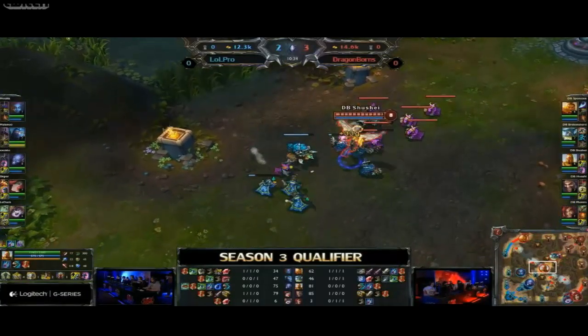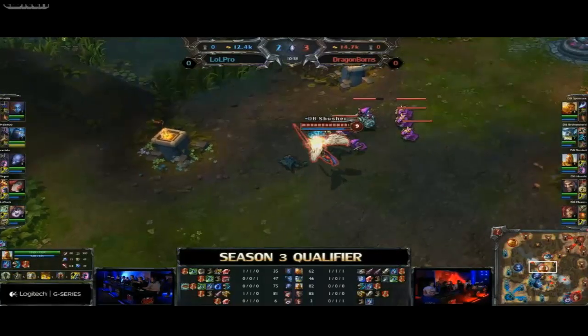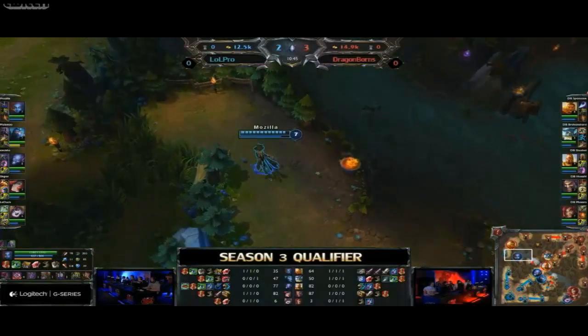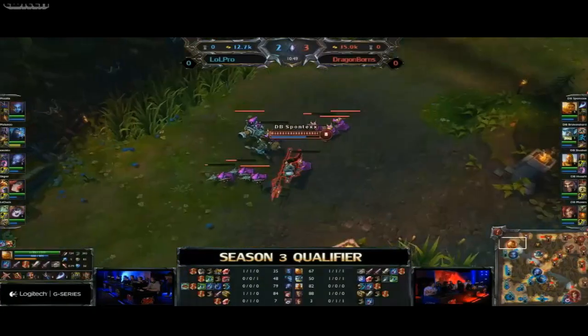He hasn't really extended an item lead. I'd actually argue right now he has an item disadvantage because the Doran's Blade gives more combat effectiveness than the longsword in the bottom lane, but once they shop, he might be able to hit an item breakpoint right before MF. Got Mozilla here coming back up towards his top lane, just going to use the terrain there to get